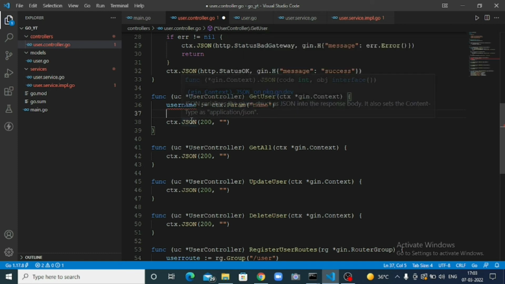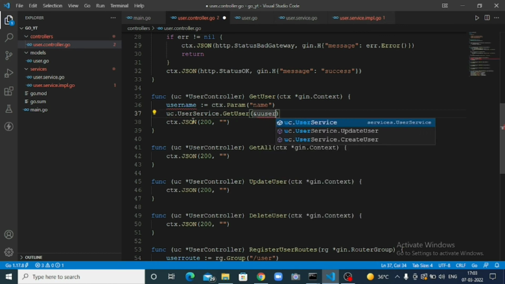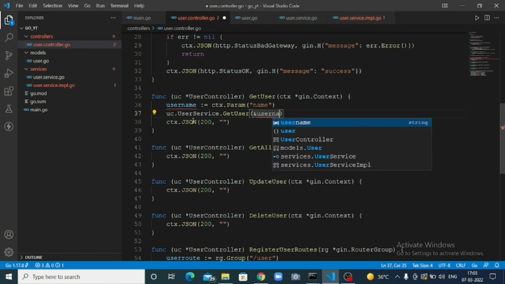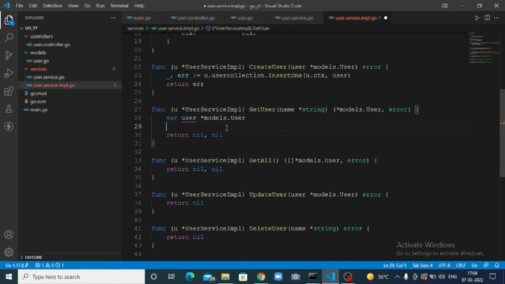No. And what I'm gonna do is I'll write uc dot user service dot get user name. Okay, now let's complete the implementation of this. So now I'm in the user IMPL. So here I have to write a query where we are querying based on the username that we get in a request. So we have to write a Mongo query, which is